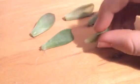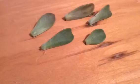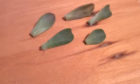So another thing is, these things are actually really quick. These guys have all been in the same little pot of soil for about a month now, give or take a week, and they're all doing really well. So I might plant them in a little pot. But yeah, this is a really good way if you want direct,